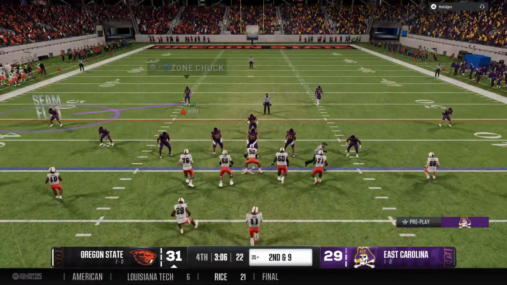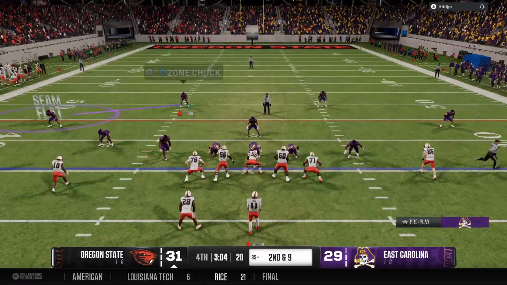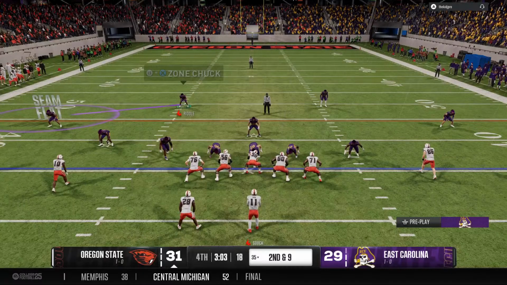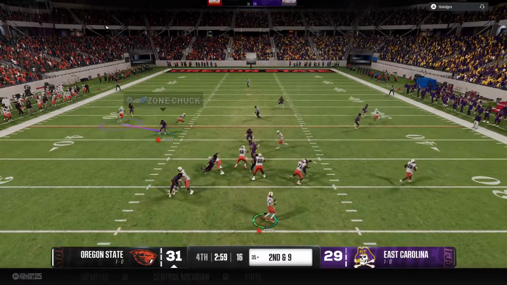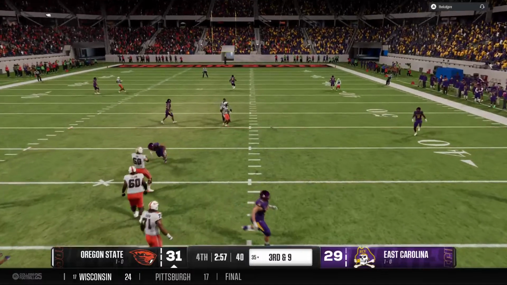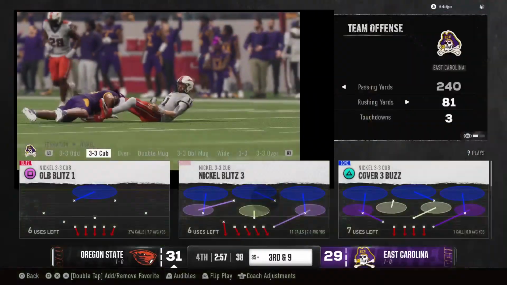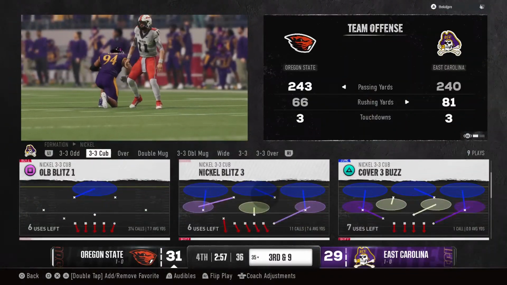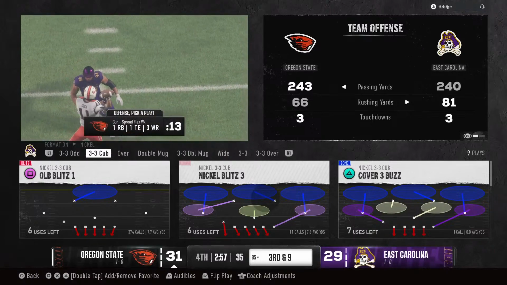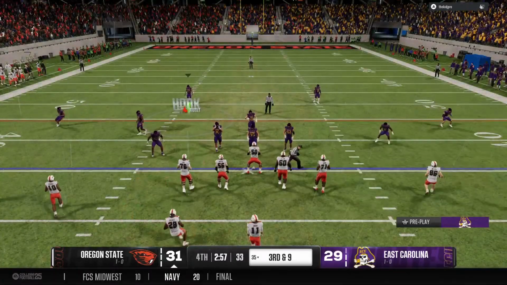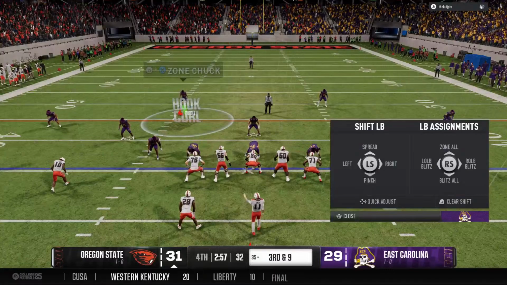Ran the ball on 1st down. Let's see what they do on 2nd. Motion, trying to get the defense to show its hand. Getting some heat. And the sophomore has to get that one out in front of his receiver. You normally don't see this guy miss throws like that. That was a pretty short throw. He can normally make those in his sleep, but with the incompletion, we're now setting up 3rd down.